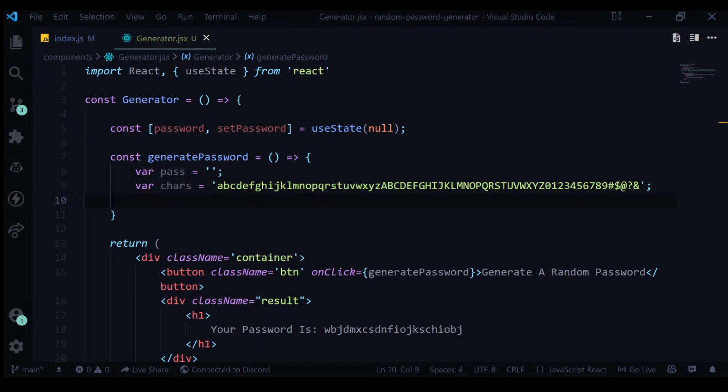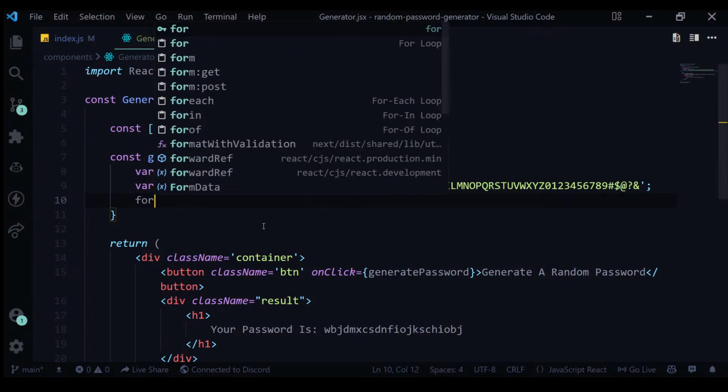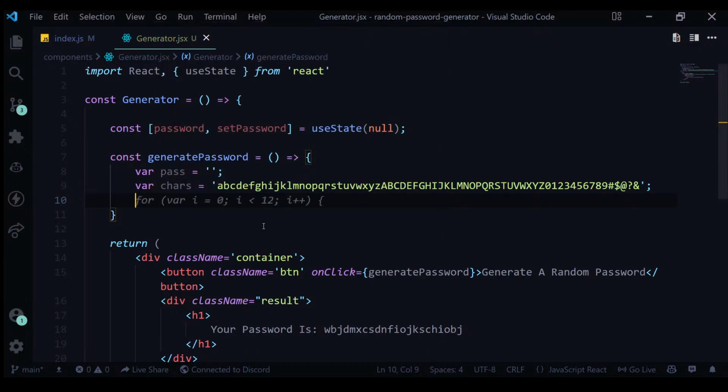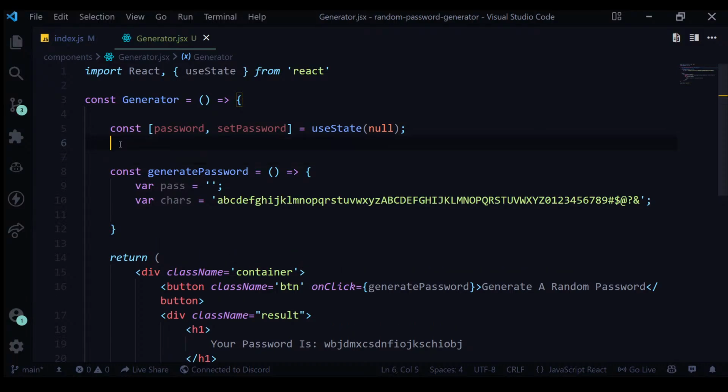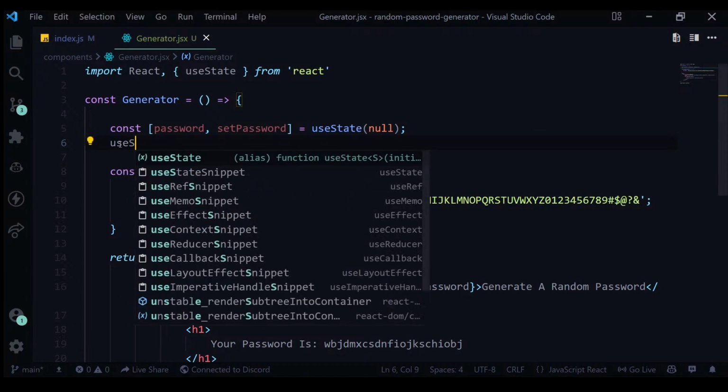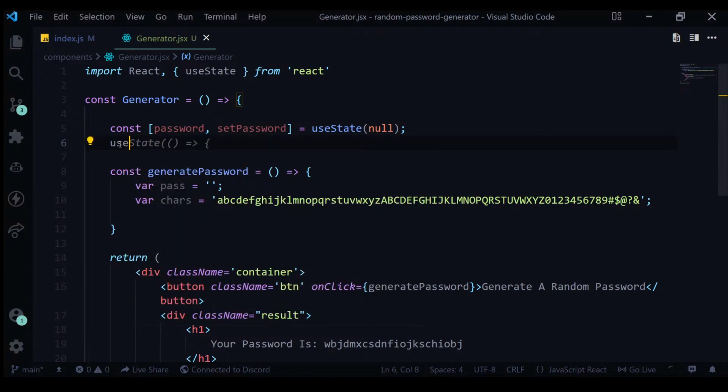Let's just say what we will do is a for loop. What we will do now is just make another useState hook. So useState snippet, and now what I will do, length, let's default it to 8, and here we can say